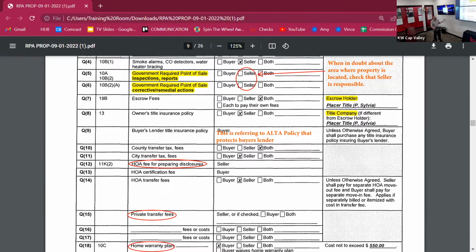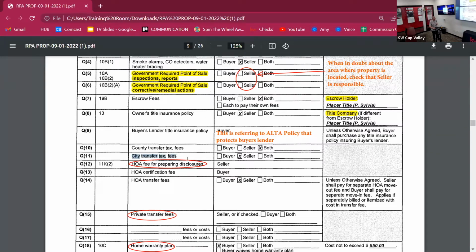County transfer tax, both. Whenever you say both on any of these amounts, there is a presumption within this contract that it refers to 50-50, not 80-20, not possibly 70-30. Whenever you say both, it's always 50-50 unless you put something else. If you want to put something else, you check both, you fill it in, whatever it is, and it's to that. City transfer tax